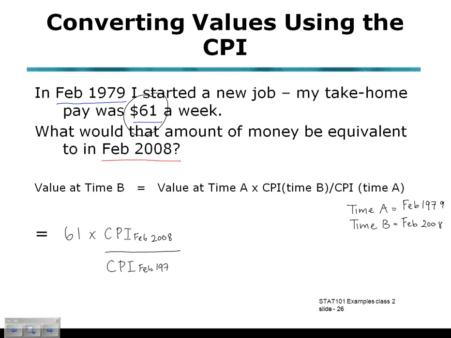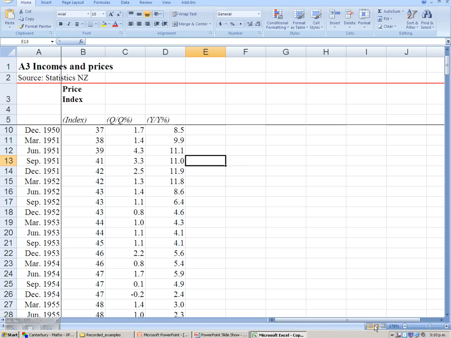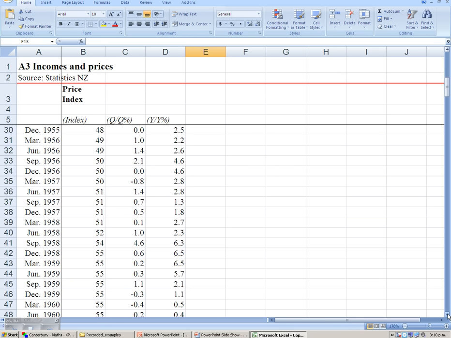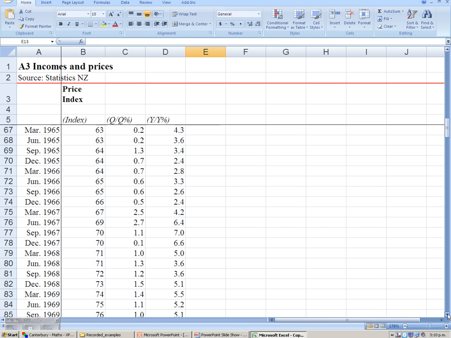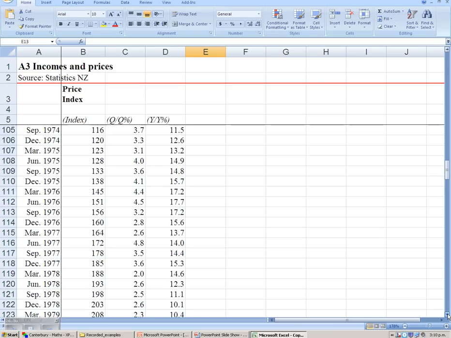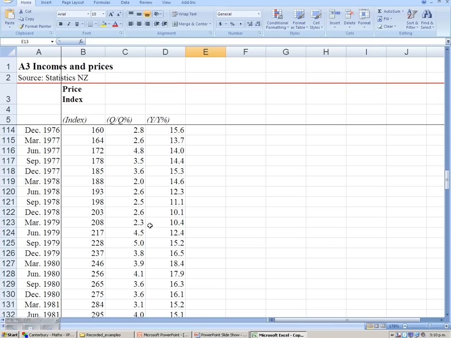We'll pick up these CPI figures from the Excel spreadsheet copy on the Stat 101 webpage. Source Stats New Zealand. If we scroll down, we'll pick up first of all the CPI for February 1979. February 1979 will lie in the quarter ending March 1979. That's our closest value. So the price index highlighted there, 208,